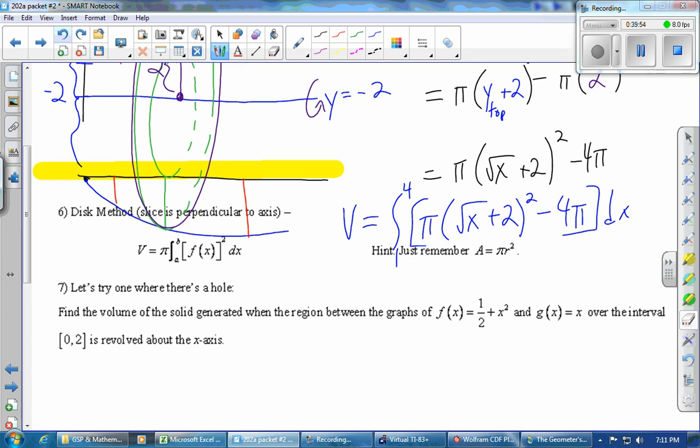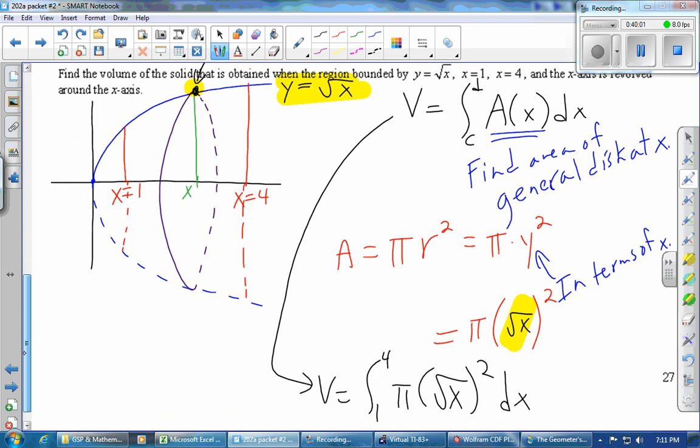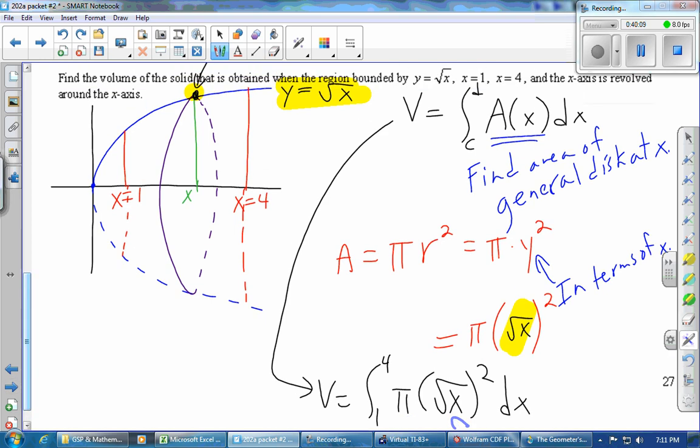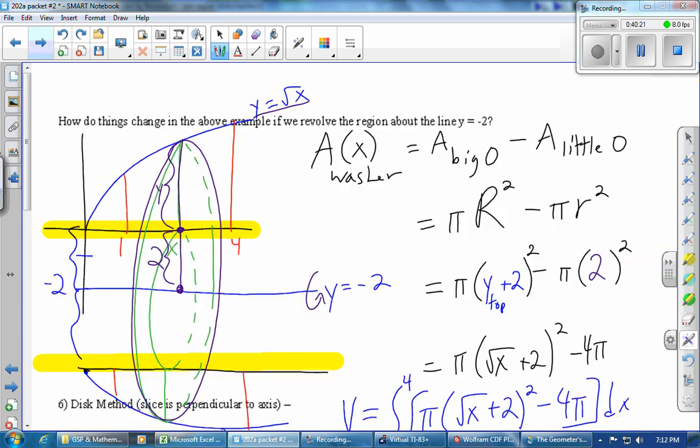But if we have a disk, then you just do pi times the integral of the function squared. And I think we did that on this previous problem here. Take a look at what we ended up integrating when all was said and done. Pi times the function in this case was right here. It was the square root of x. Pi times the function squared. Pi could always just come out to the front. That's what it looks like in the formula. And then in the problem that we just did,